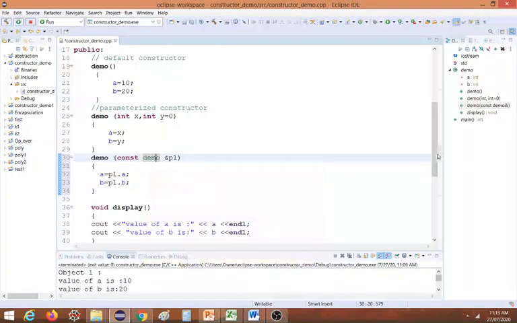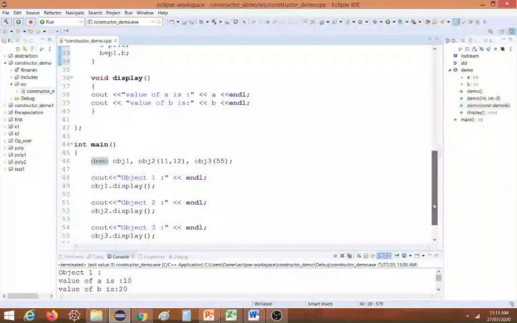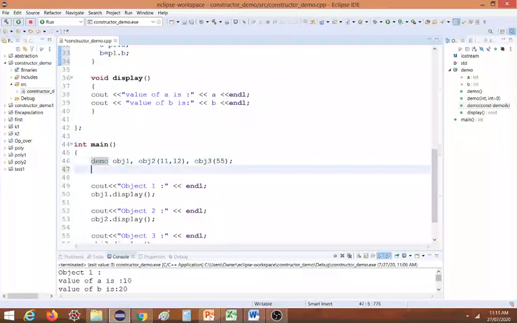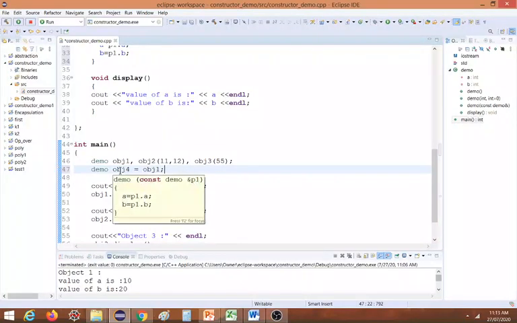Now how am I going to declare an object of this type? Let us see. Demo, then I want to create one more object, obj4, but it should be equal to obj1's contents. So whatever contents are there in object 1 will be copied to object 4.